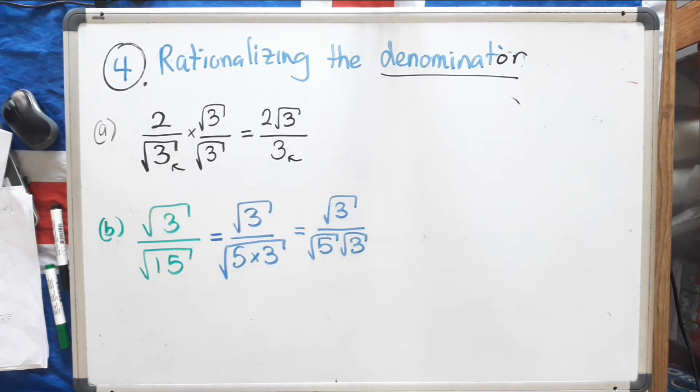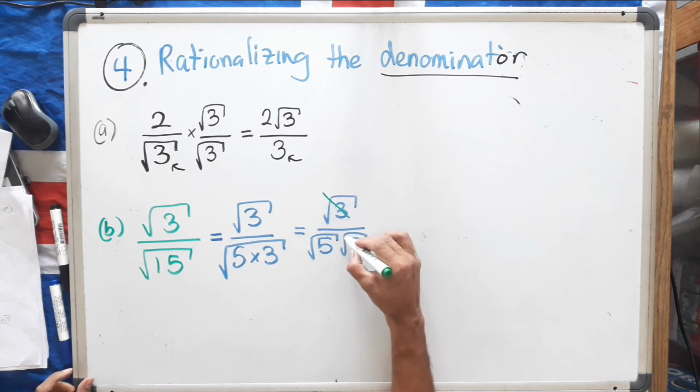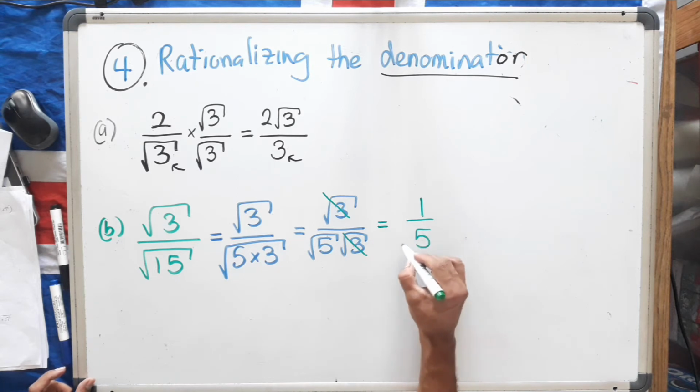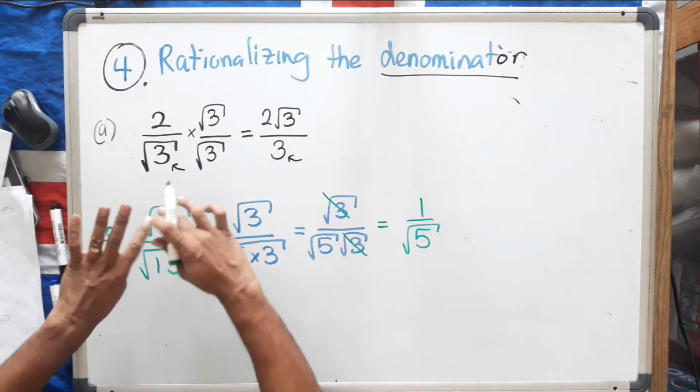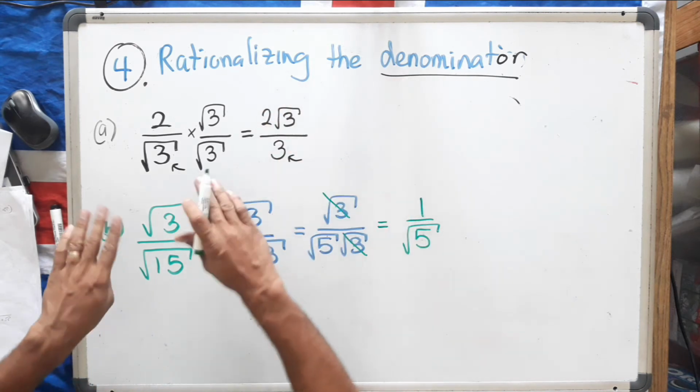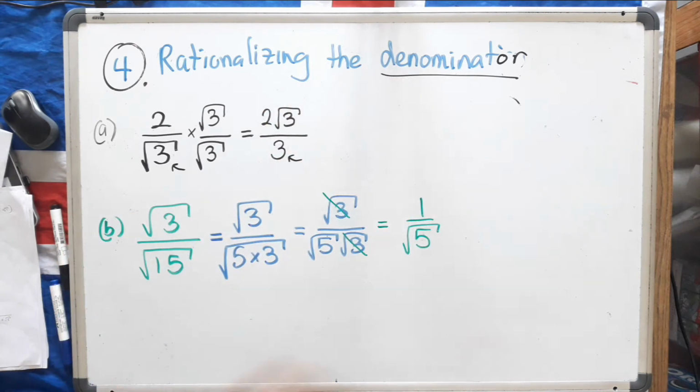And what will happen here, and you notice there's a square root of 3 on top and a square root of 3 underneath. So you cancel that off. So we end up with 1 divided by the square root of 5. Cool. So when there's an opportunity to simplify it and they ask us to rationalize it, simplify it first. And afterwards, we will